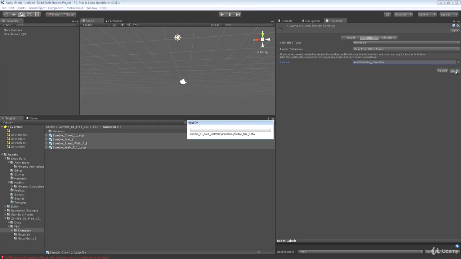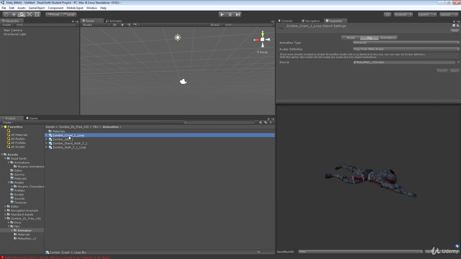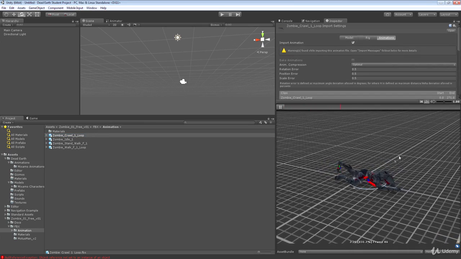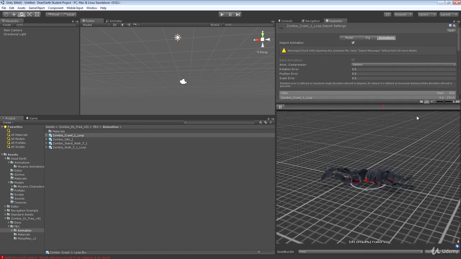And then click apply. Oh, very important, I press update, then apply. Never figured out why that button shows sometimes and why it doesn't others. Okay, now let's see what this looks like. So I'll press play and we can see that these animations still work on Motus Man or indeed any humanoid